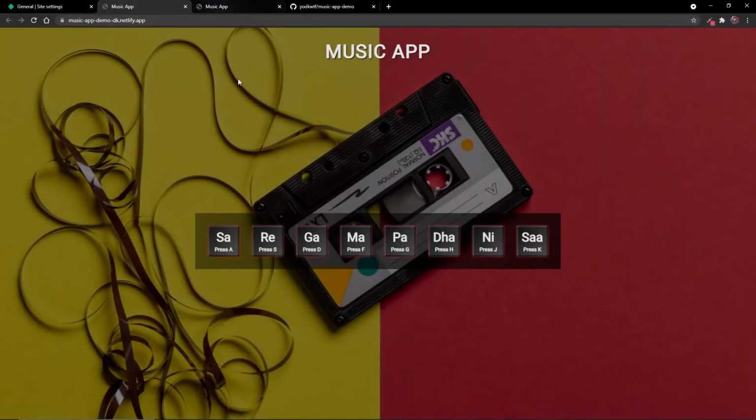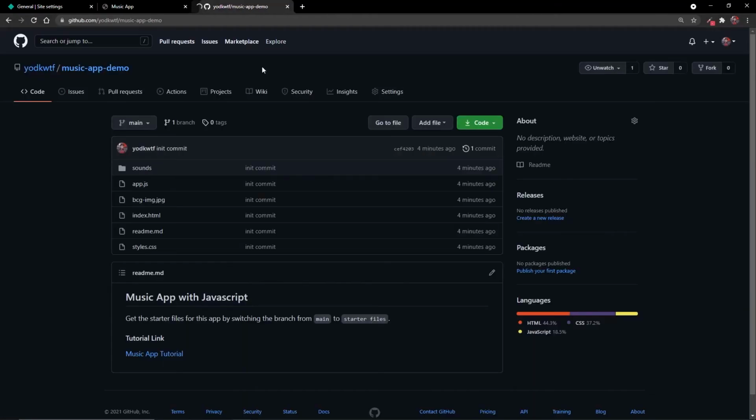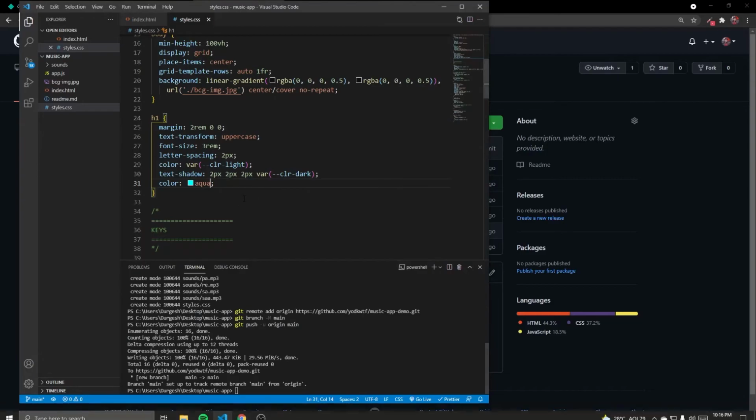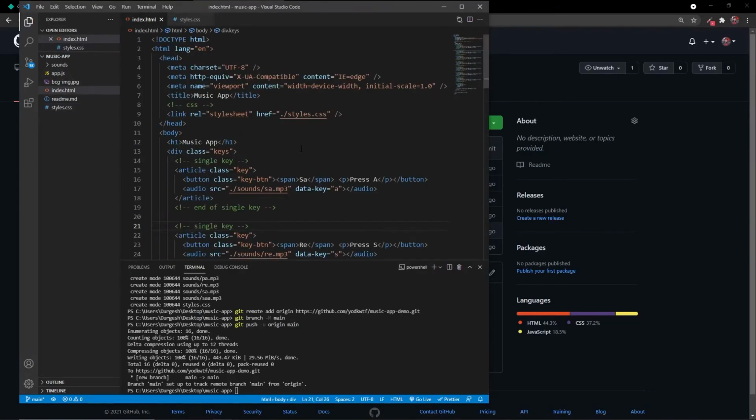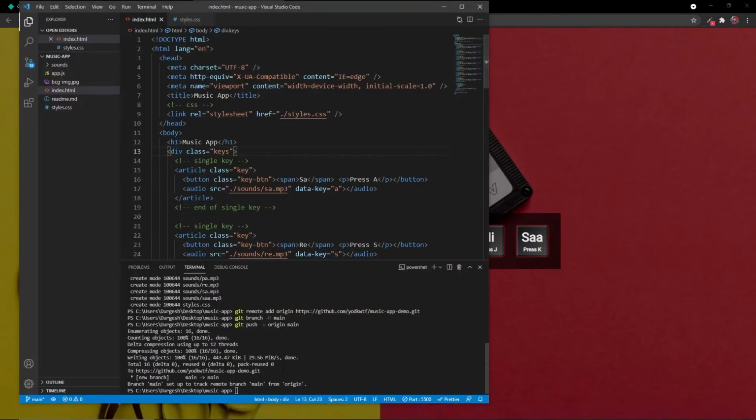And this is the complete deployed version, and this is our local version. If I refresh, okay, so I need to open it again with the live server. I'll go to my HTML file and open it with live server, and you'll see we have changed the color of this title. So let's now push this to GitHub.